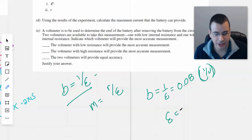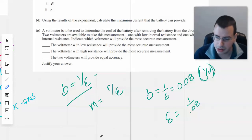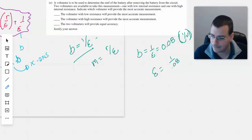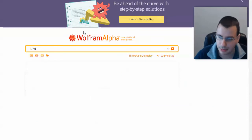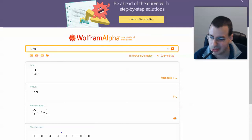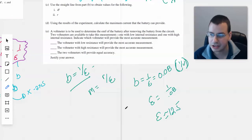And so epsilon equals 1 divided by 0.08, which is going over to Wolfram. Let's see, they wanted to find us epsilon. Yep, okay. 1 divided by 0.08, and that gives us 12.5. Maybe. Okay. Epsilon is about 12.5, which then gives us a